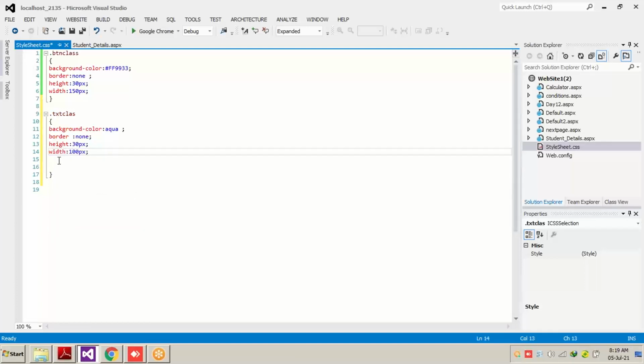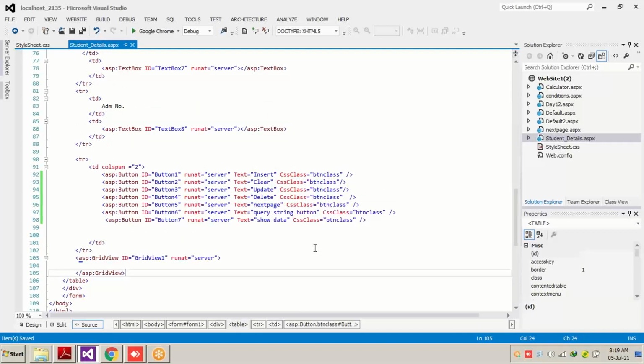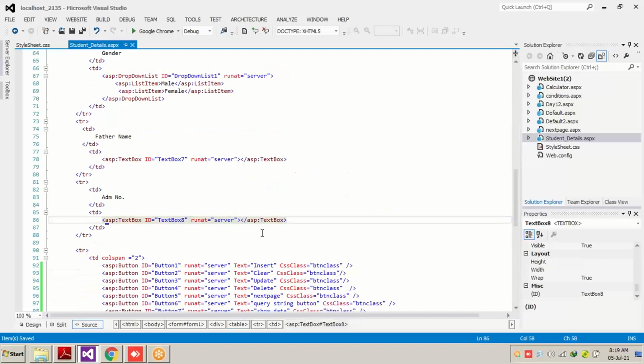Now if you can see over here, we have created two classes inside our style sheet. The first class is for buttons and the second class is the txt class. Now this class, we will copy this txt CLS and use it on our text box. If you click on the text box, you will press space and write CSS class.